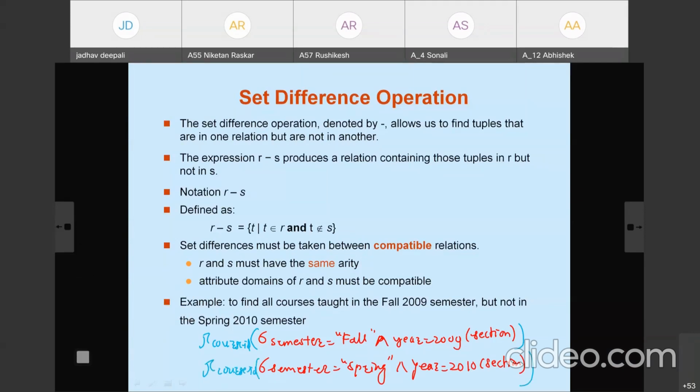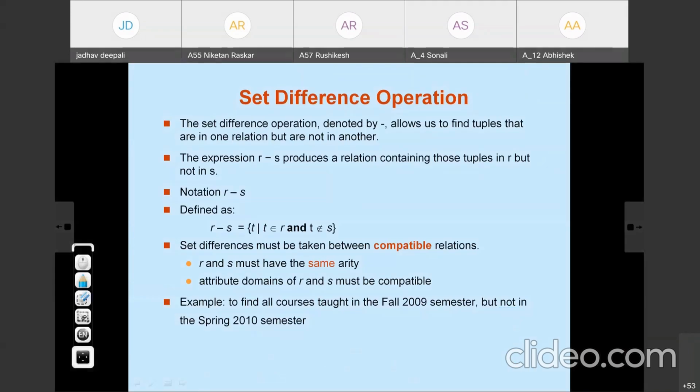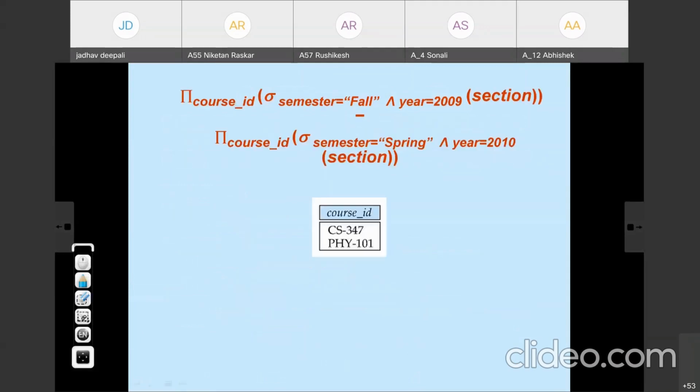What we want in the result actually are those taught in fall 2009 but not in this one, so we need to use the set difference. But not in spring 2010.